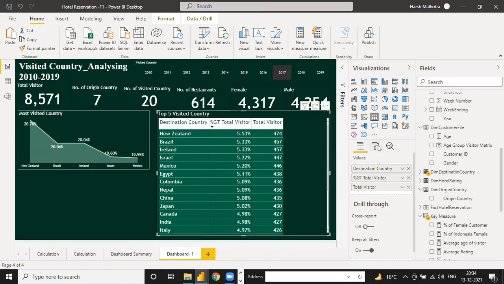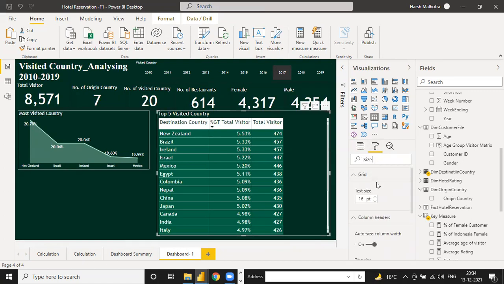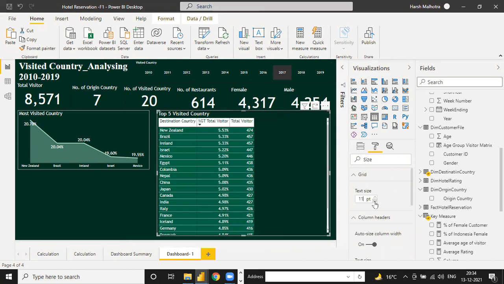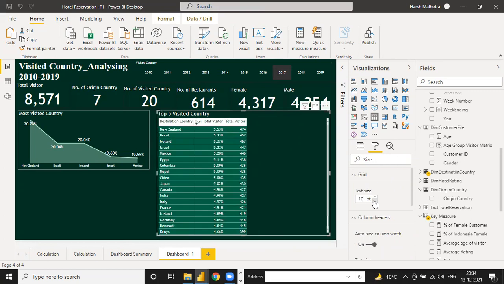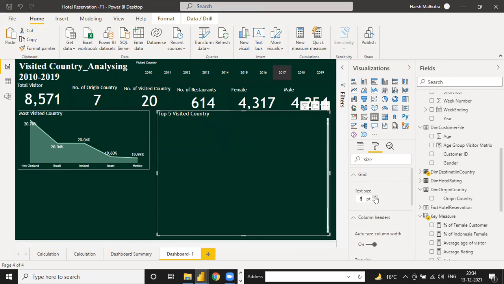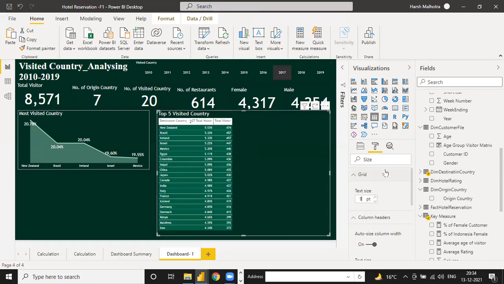Now I want to adjust the size a little. Okay, and this size is done.